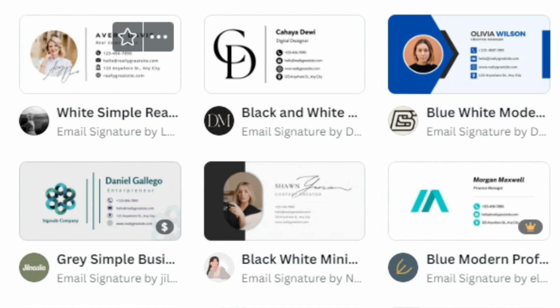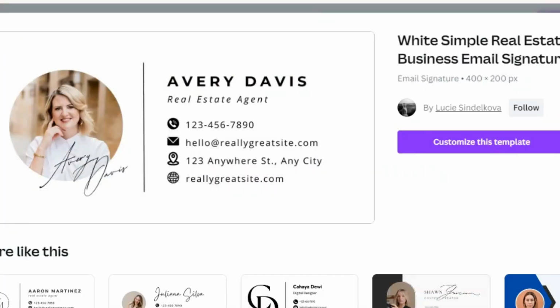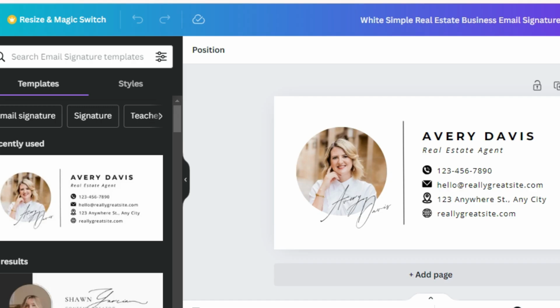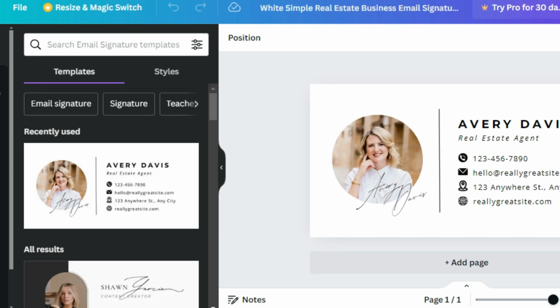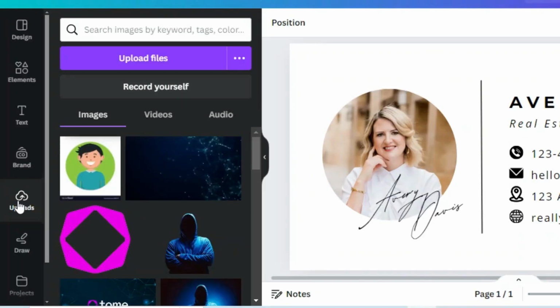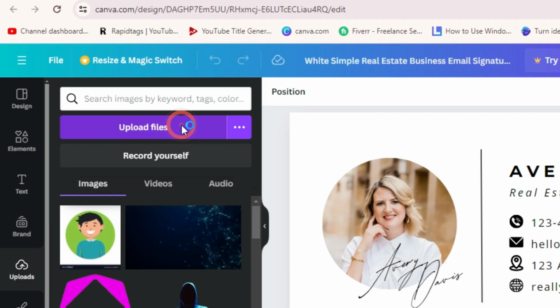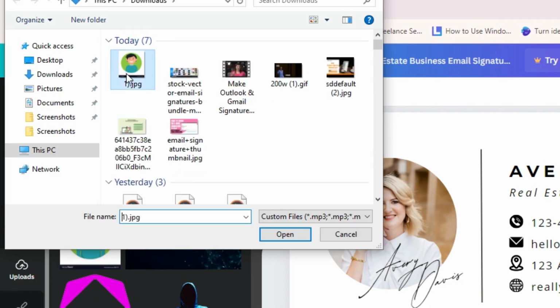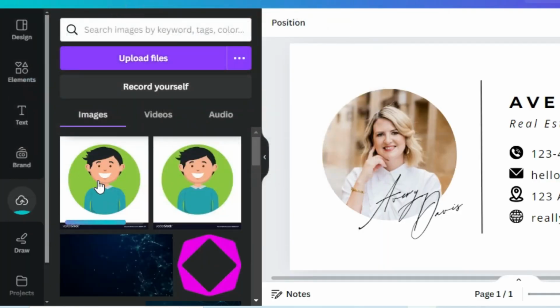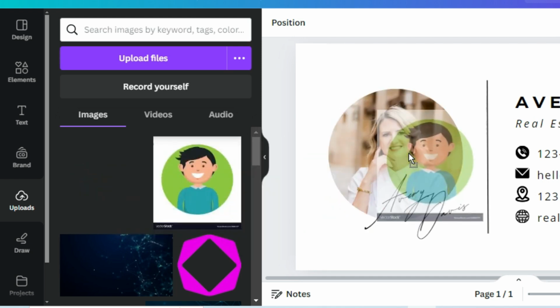I'm going to go ahead and select this as my template to start with. Click on it, and then select Customize this template. Once your chosen template has populated, you can begin to edit. The first thing we're going to work on is uploading our image to replace the stock image. On the left-hand side, I'll select Uploads and then upload my image from my computer. Once you've opened your image and it downloads on Canva, you'll simply grab your chosen image and drag and drop